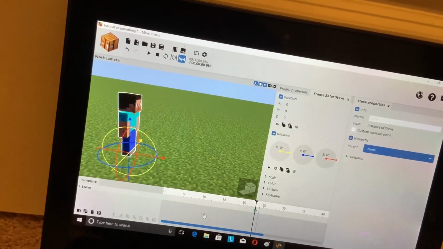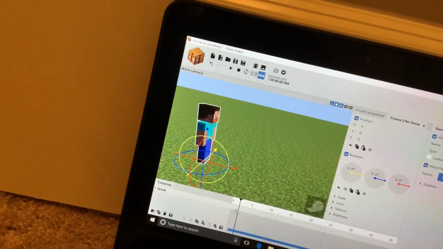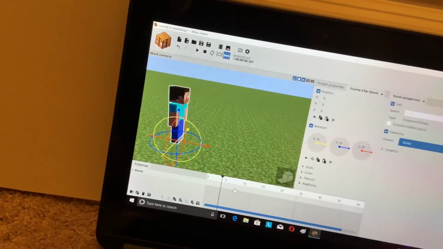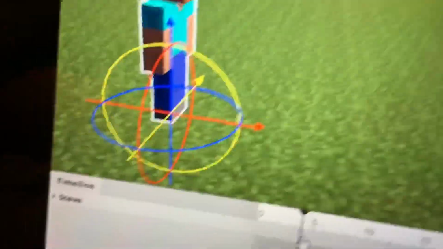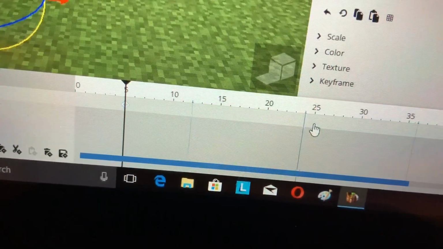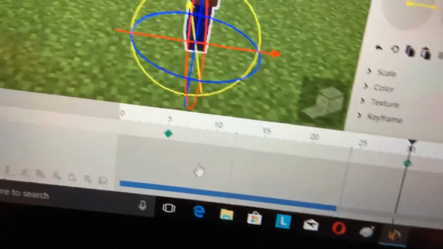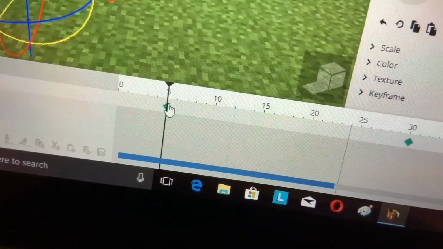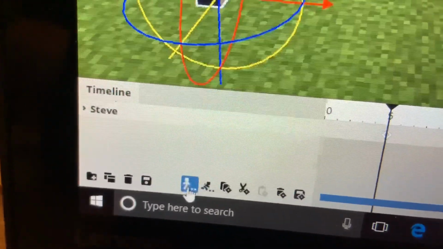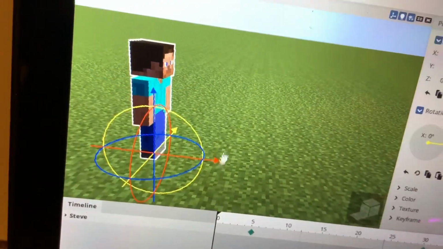What you're going to want to do is, when you're beginning, this is okay, but after a while I'd recommend learning your own animation for walking or running by hand. But let's say you want to start him walking at 5 and have him stop by 30. You go to 5 and double-click your keyframe, and you'll notice these two walking and running guys. Let's say we want him to be walking. We hit walking, then when we hit play,